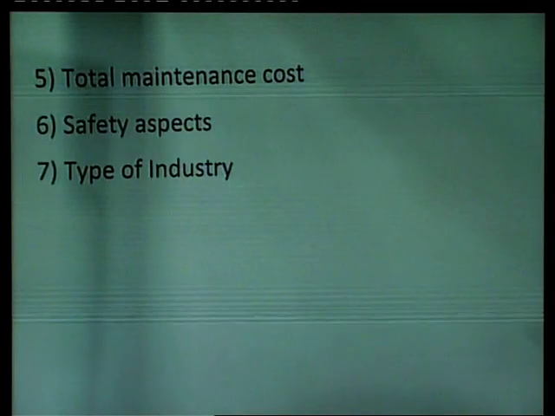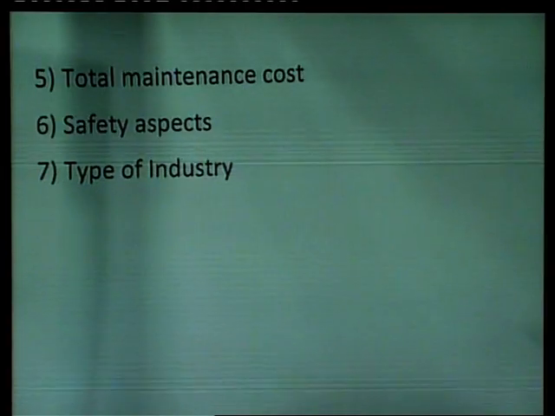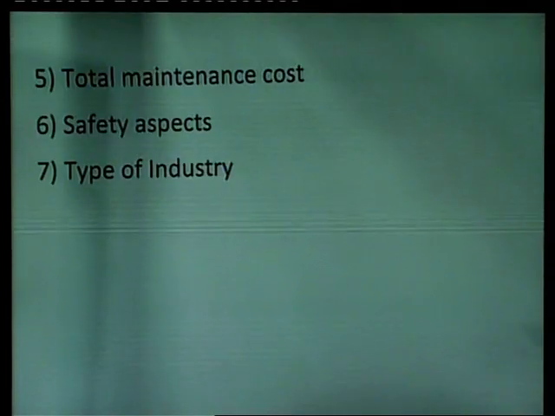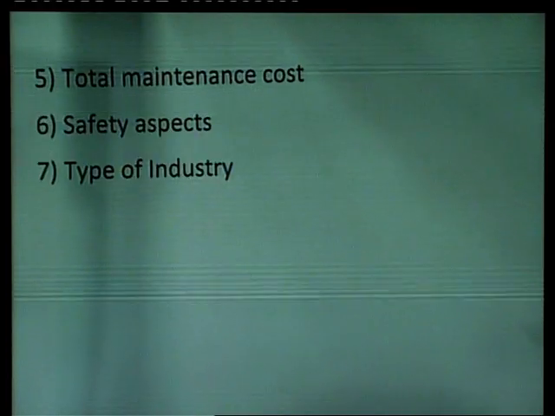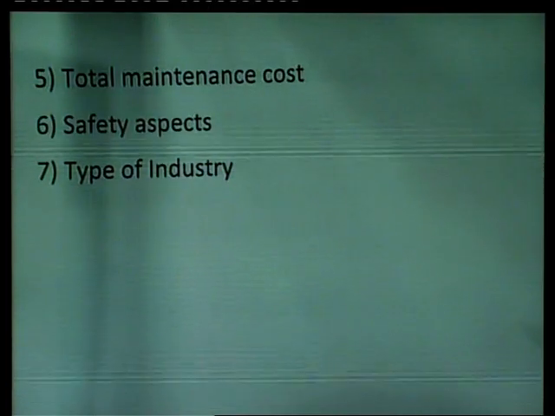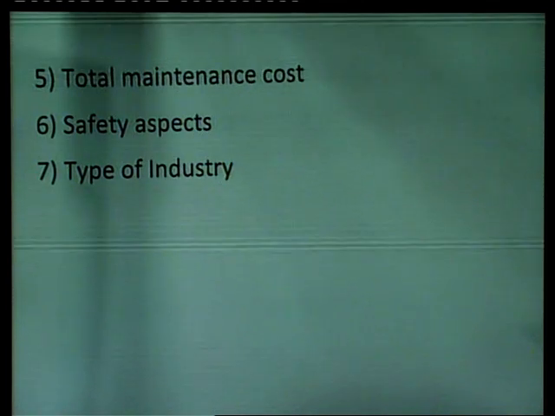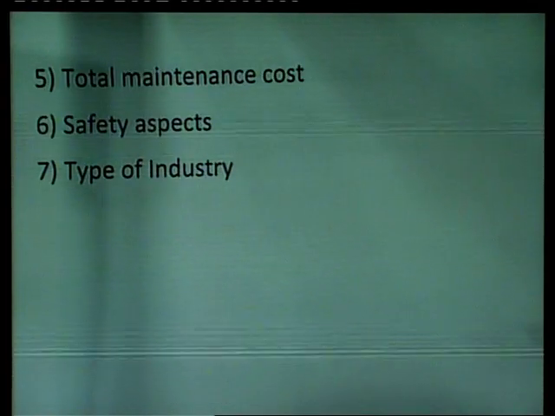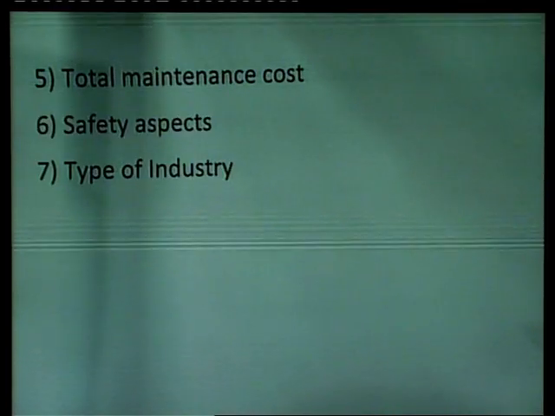Next one is type of industry. Nowadays, there are many types of industries such as automobile industry, chemical industry, textile industry, electrical industry, tire industry. So these different types of industries are available in the market. In each industry, the requirements of machinery and other equipments are totally based on the type of product which is going to be produced. So whichever type of product they produce, they require their own types of facilities. Different industries involve different types of machinery, plants, equipments, and other products.